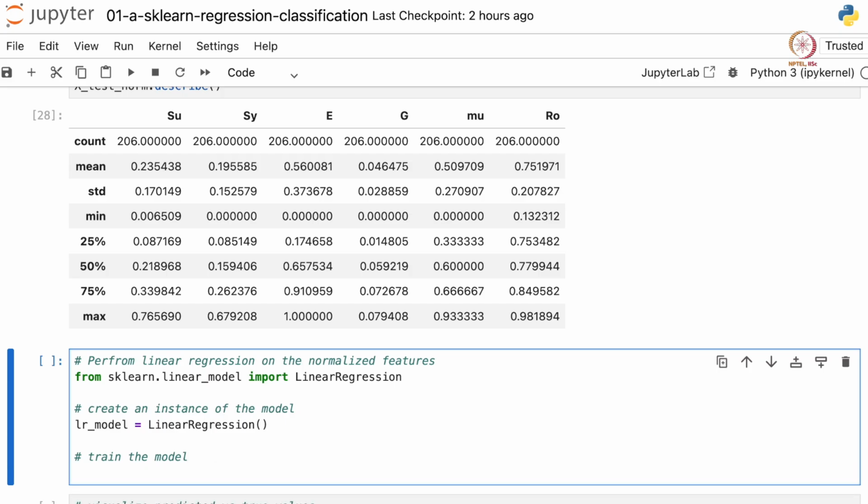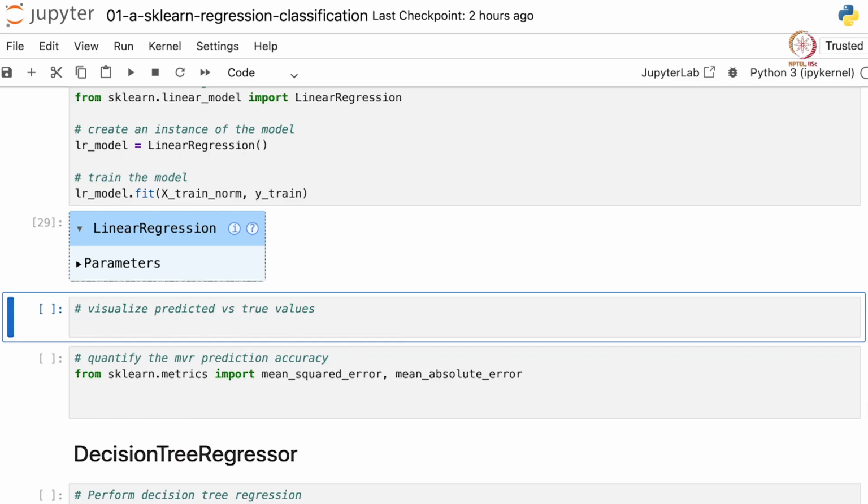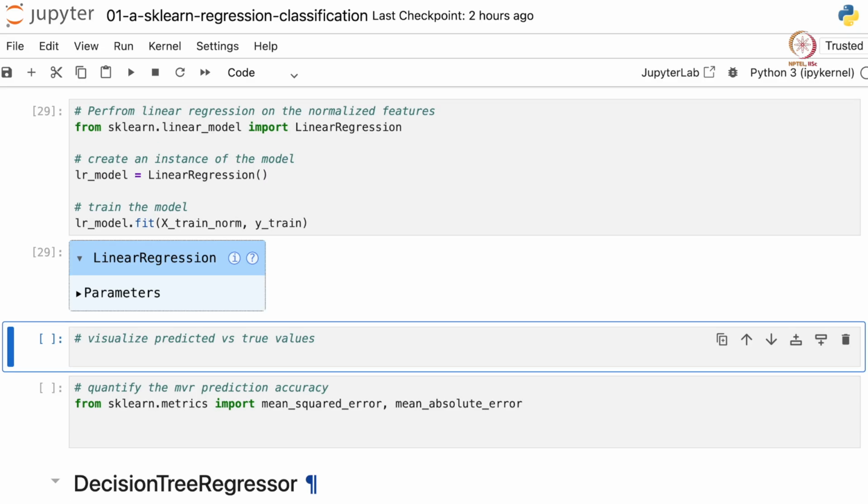So just like our scaler function, we have the fit function here. So we just have to call our instance and then dot fit. This means basically the model is learning from our training data. So we have to pass both all the features and all the target values. So our features are X train normalized and our target values are Y train. So once we call this fit function, the model basically learns how to map your X train normalized into Y train. And once we run this, our model is ready, our model is fit.